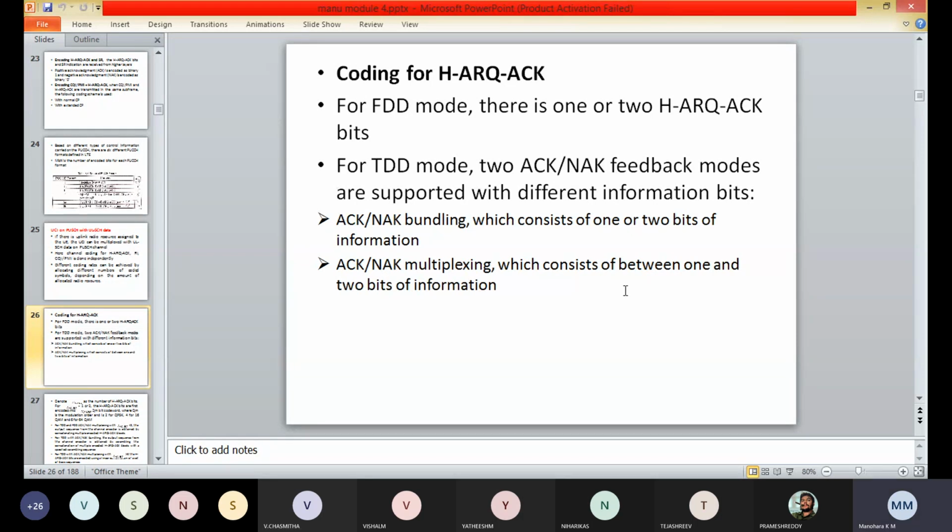Here, N HARQ is the number of HARQ ACK bits. For N HARQ equal to 1 or 2, the HARQ ACK bits are first encoded into an N HARQ times QM bit code word with the specified encoding. Here QM is the modulation order, which is equal to 2 for QPSK, 4 for 16 QAM and 6 for 64 QAM.